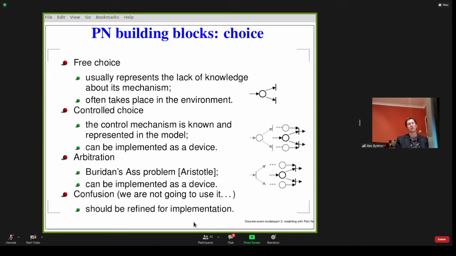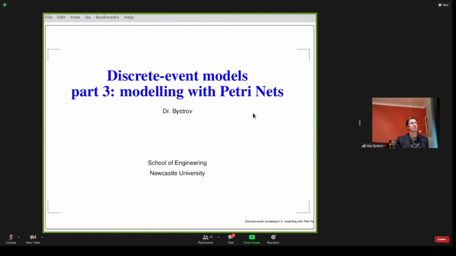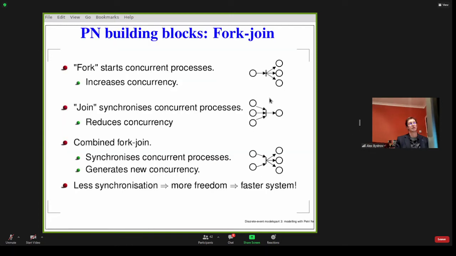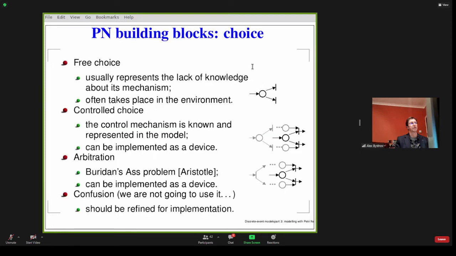The next set of blocks is based on choice. The choice structurally looks like this. In the center, we have a place. Before that, in the center, we had a transition. A transition in the center of the operation is for cojoin. If you have a place in the center of the operation, then it will be choice, or actually merge as well. Right? It's easy to remember.